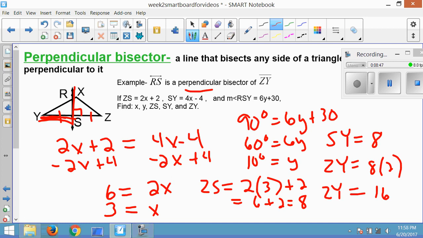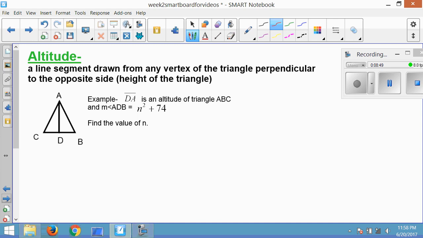Let's take a look at the next example, altitude. So we have in this example that segment DA is an altitude of triangle ABC. Well, if you remember that altitude is supposed to be perpendicular, that means I'm going to go ahead and mark that I know that that's a 90-degree angle. And it says that the measure of angle ADB